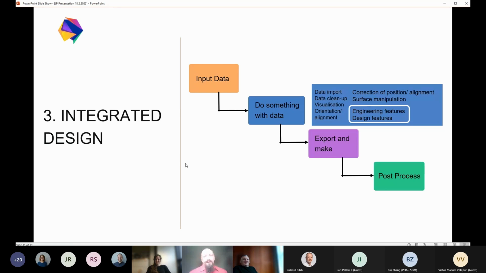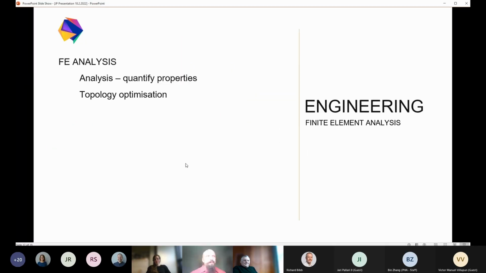Just software engineering. That's easy. Okay, then the last point is the integrated design possibilities, and this is where all the cool looking stuff comes in. I'd like to split that into engineering and design. So engineering in terms of